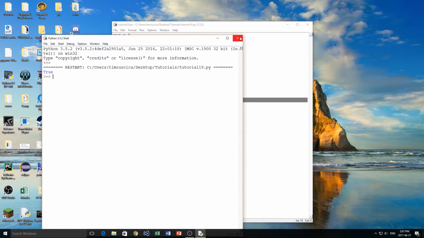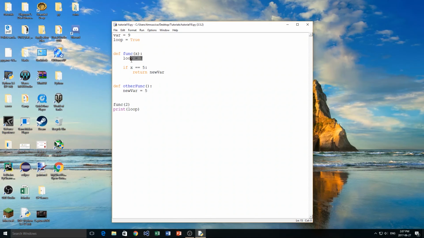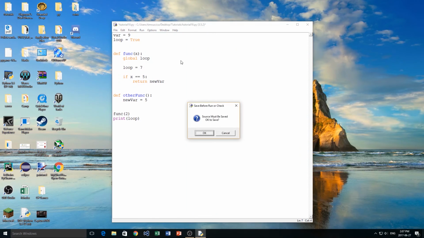We get true. Now, even though it looks like we changed the variable in this function, instead of actually changing this global variable, we created a new variable which is local to the function, called loop. If we want to change this variable, we have to use something called the global keyword. So in Python, at the top of our function, we just type the word global, followed by the variable name that we want to change. In this case, I'm going to say loop. Now, if we run this program,